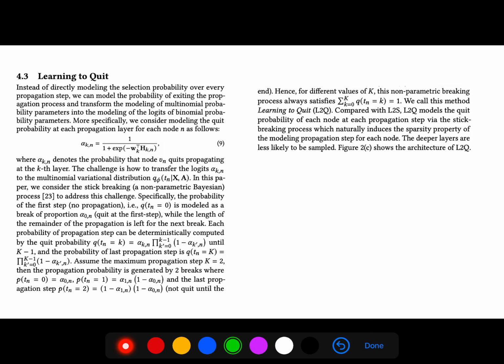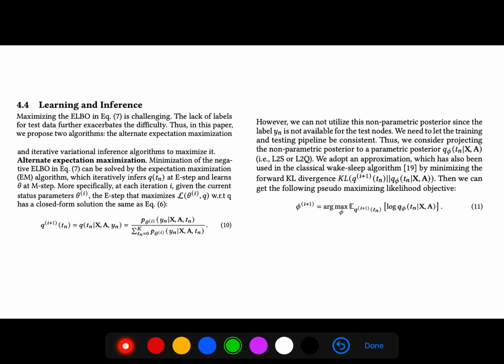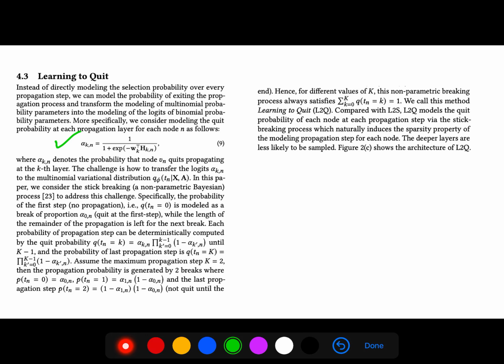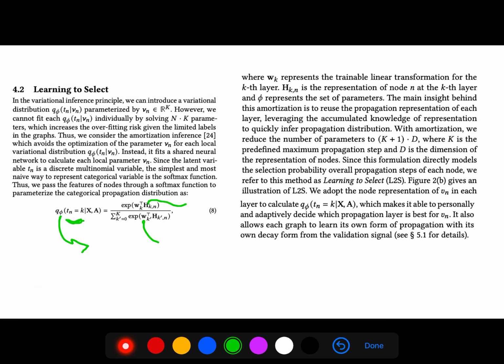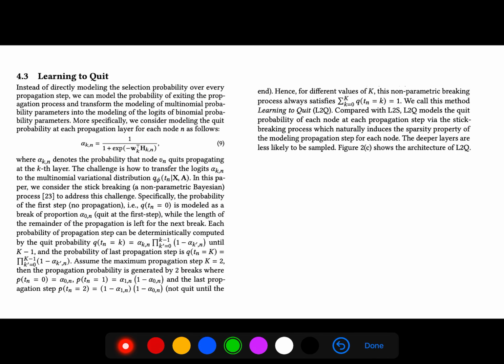So we consider modeling the quit probability at each layer for each node n. So alpha is just the probability that node v sub n quits propagating at the kth layer. And maximizing ELBO 7 is